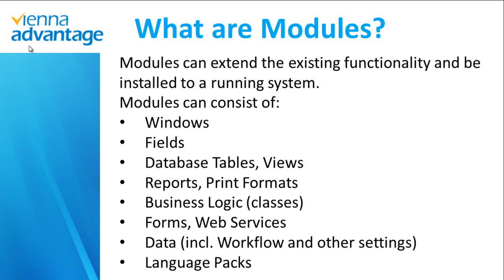And also data. Data is a major part of the system as it influences the complete business process. So modifying the business process would mean modifying data without any coding. So you could also deliver data, and you could deliver language packs as well, which again is just data in the system. So all these components, including the core components of Vienna Advantage, can be delivered as modules into